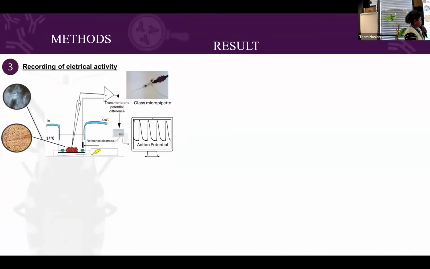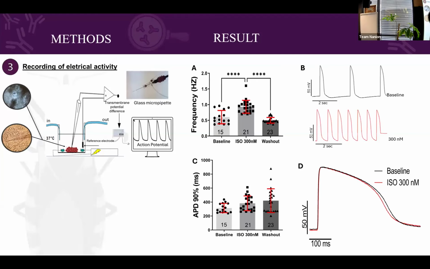After that, I need another characterization, now looking at the electrical activity of the cells. I normally use microelectrodes, with a pool of cells and a reference electrode in the bath, and then I can record the action potential. The first thing I tested was whether the cells can evoke a beta-adrenergic response or not. I used isoproterenol, and saw that the cells increased their frequency, with no change in the duration of the action potential.